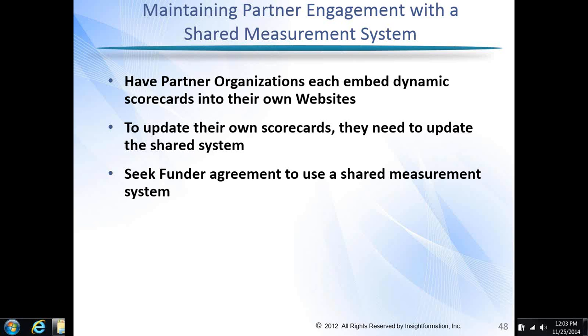It's also valuable if you can work with the funders in the community and get them to agree that instead of requiring a separate measurement system and a separate reporting requirement for each grant, and then people feel pulled in so many directions, and you have all this fragmented and inconsistent data, have them agree we should use the shared measurement system.